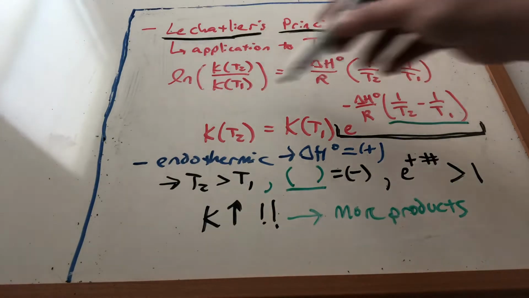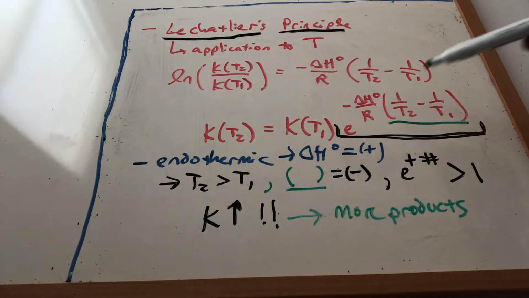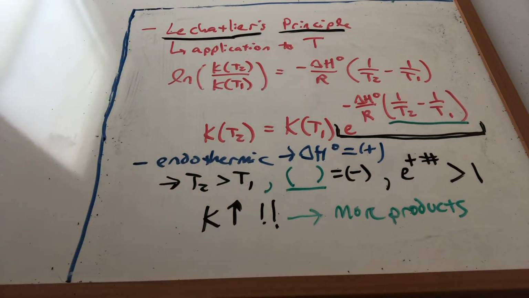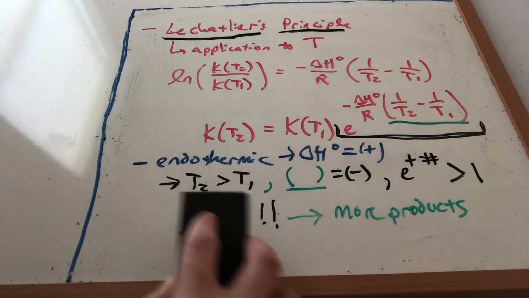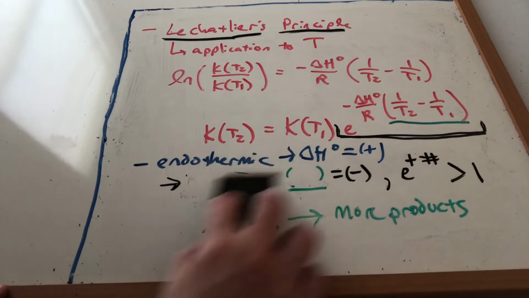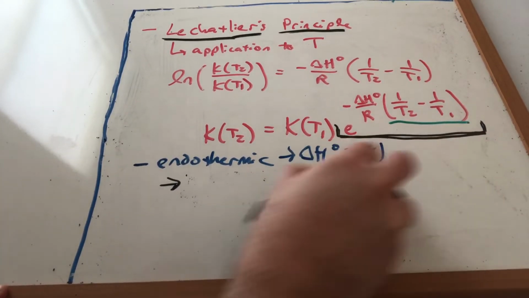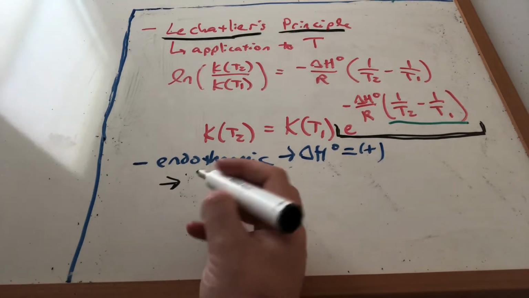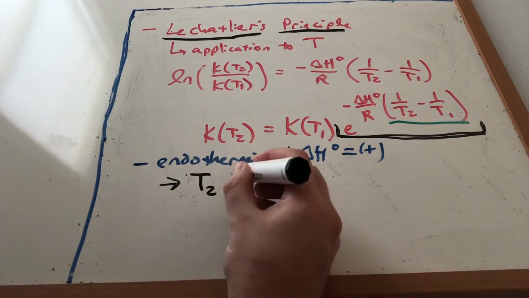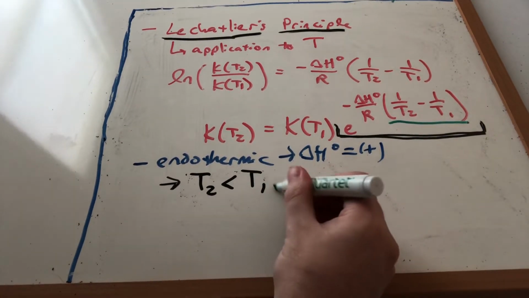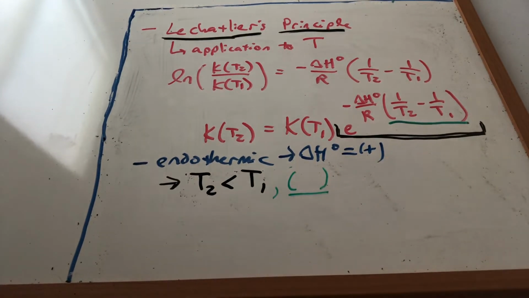It's really analyzing an expression that looks like this, thinking about what happens to this exponential. And if this exponential produces a number greater than 1, then your new K at your higher temperature is actually going to be bigger. Okay? Let's do it for lowering the temperature. So let's say we have an endothermic delta H, and we lower the temperature. In that case, lowering the temperature would require T2 to be less than T1. If we look at that green parenthetical term up there that's underlined,